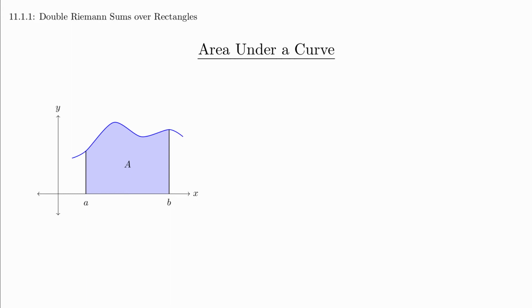In single variable calculus, we were able to think of integration as area under a curve. Our goal with this chapter is to increase the number of dimensions and think of integration as volume under a surface. But before we can do that, we need to do a review of the ideas we used in single variable calculus. Suppose we have a function y equals f of x,